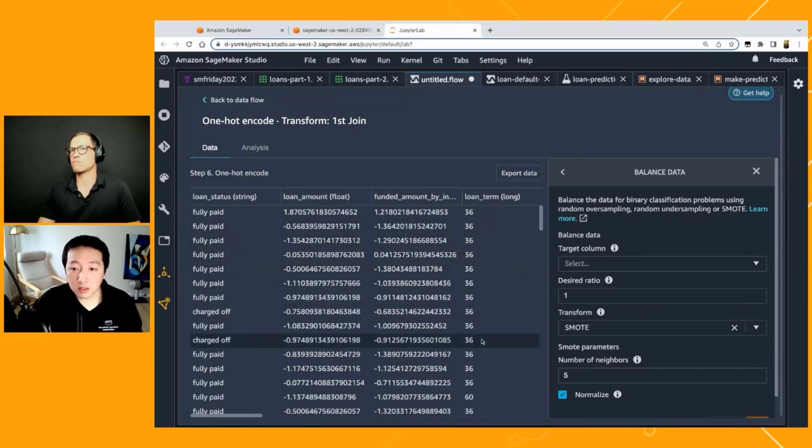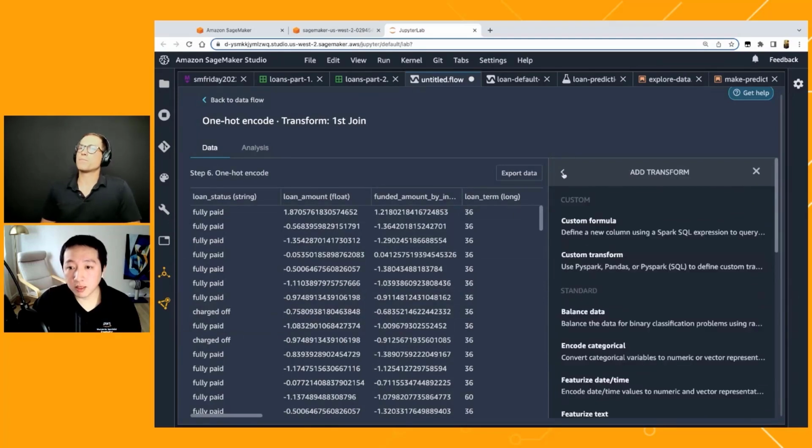loan status customers. However, this right now is a multi-class classification because it has 3 classes. So we might need additional preparation to group the charge off and current customers, who are still paying for the loan, versus the fully paid. So make it into a binary classification. Then we'll be able to use this balanced data to either oversample the customers that are still paying the debt or undersample the fully paid off customers. Got it. So here are the options that we can do.